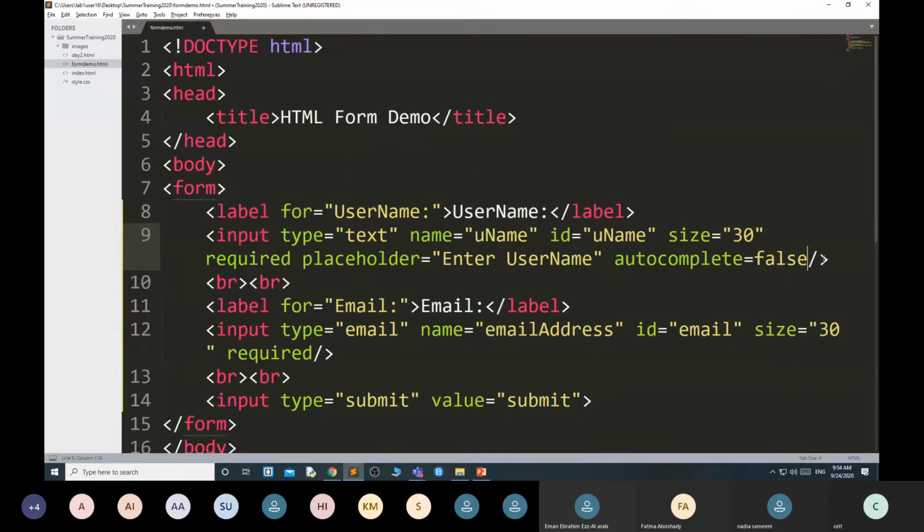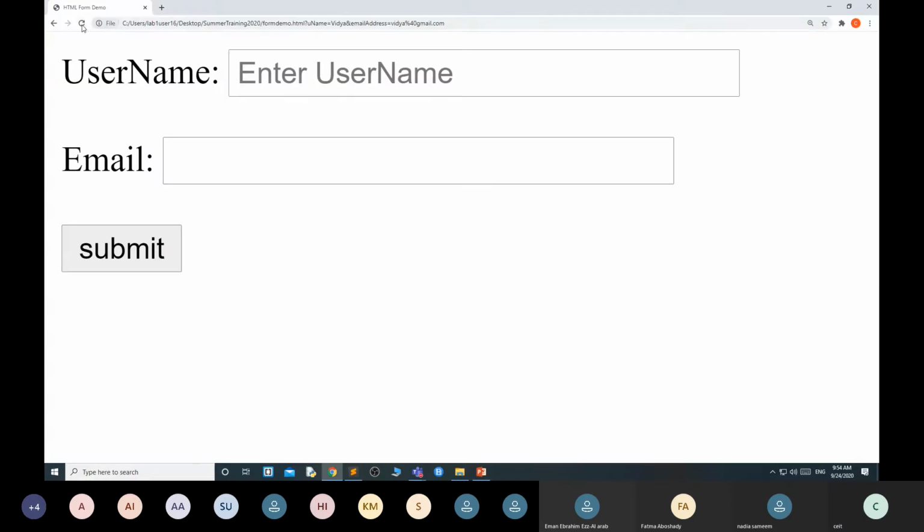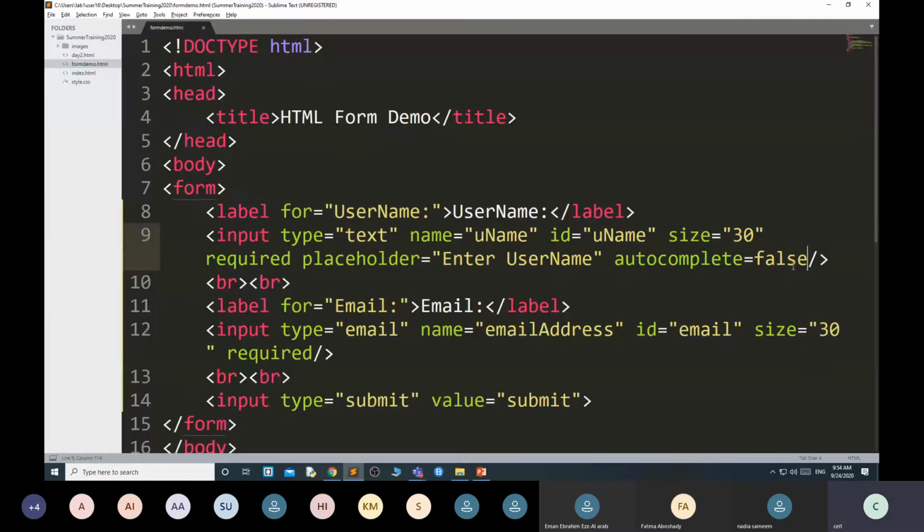Autocomplete attribute value is what? Just a minute. Autocomplete off. Okay. Not false. That is off.